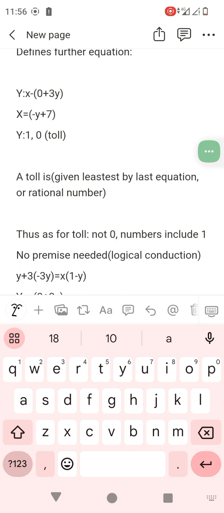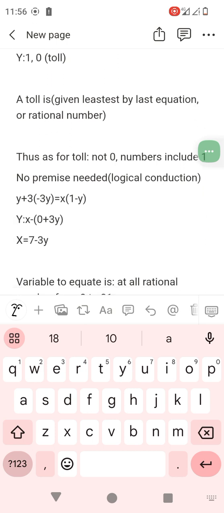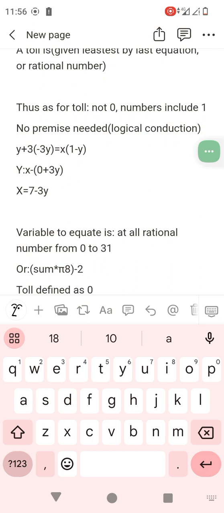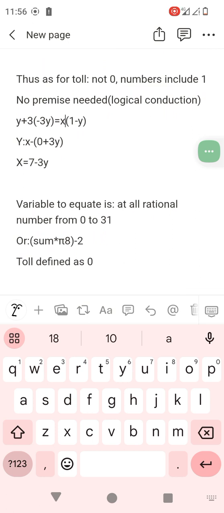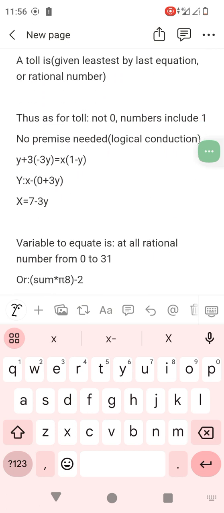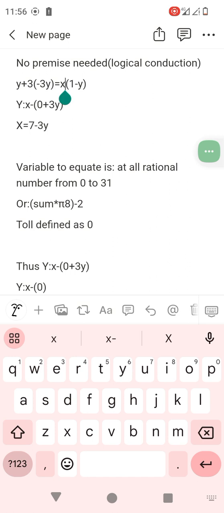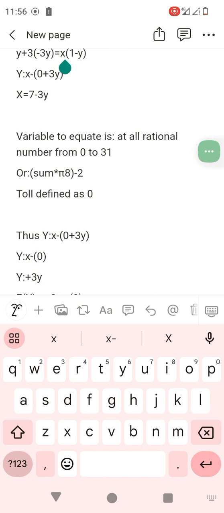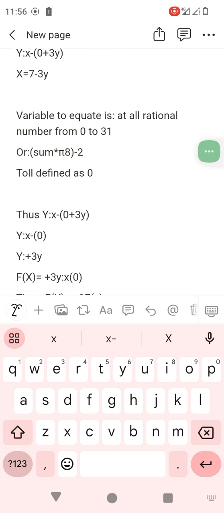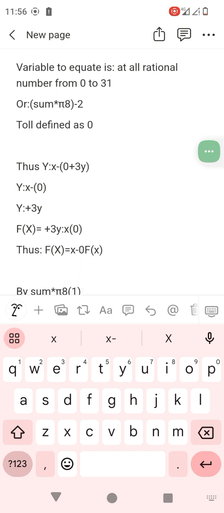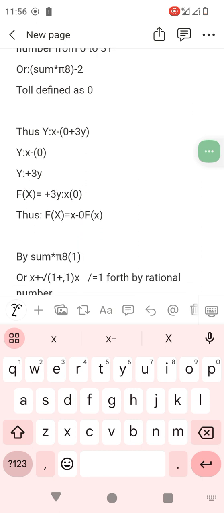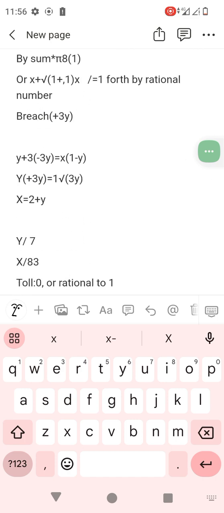A tol is given by the last equation or rational number. Thus, for tol not 0, numbers include 1, not premise, needed logical conduction, the equation from up front, and the two premises. Thus, the variable to equate is all rational numbers from 0 to 31, or better defined as sum times pi 8 minus 2. Tol defined as 0. Thus, these are then somehow